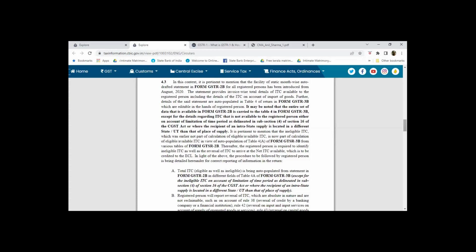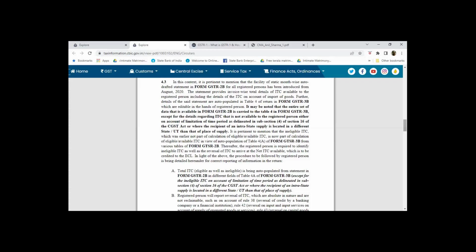The whole data in Form GSTR 2B will be auto-populated in Table 4 of Form GSTR 3B, except those cases of ineligible ITC. There are various ineligible ITC which can be seen from Form GSTR 2B. First one is ineligible ITC on account of limitation of time period as delineated in subsection 4 of section 16 of CGST Act,